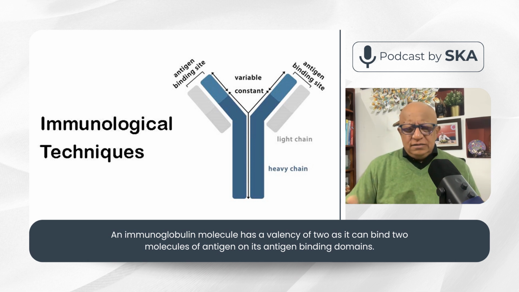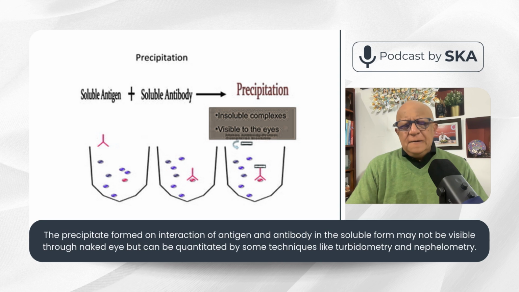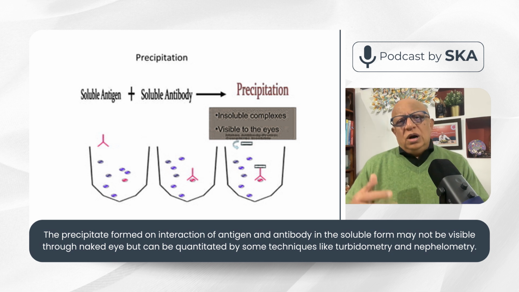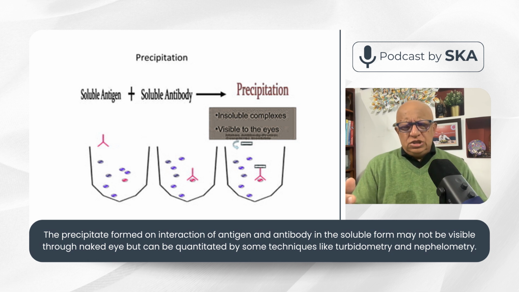Similarly, there are valencies. So whenever there is an equivalent condition, then they form an antigen antibody complex which gets precipitated, and that precipitate can be measured or seen and can be quantitated also. So initially, if you take this in the soluble condition, then in the soluble form the precipitates are sometimes very